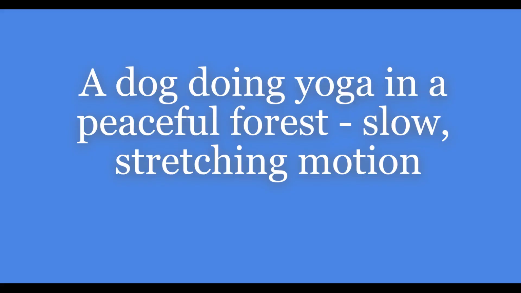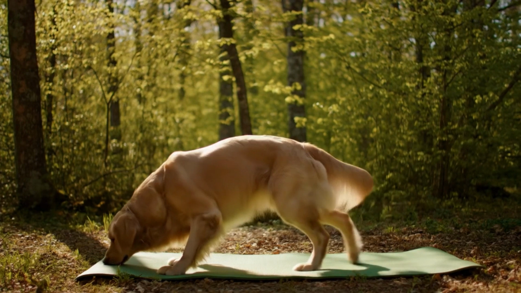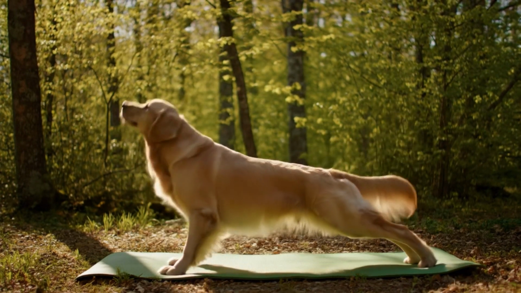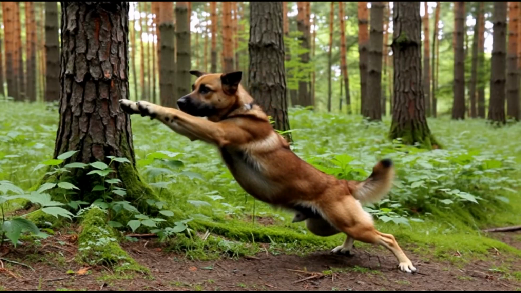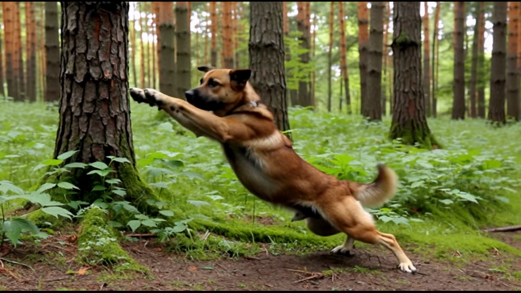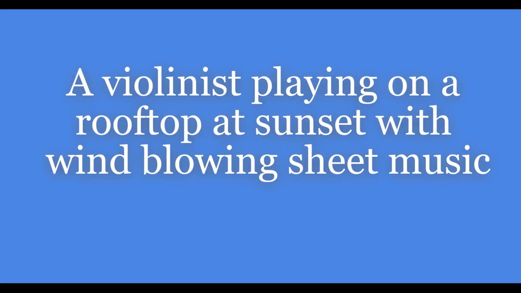Let's try something else with the animal, a dog doing yoga in a peaceful forest, slow stretching motion. And here we have the Veo 3 video. The dog, the real looking dog, is doing yoga. We even have the yoga mat. And here we have the Seedance video. The dog is doing yoga, but if I didn't know it, I wouldn't guess it. No yoga mat here. Now we have another prompt: a violinist playing on a rooftop at a sunset with a